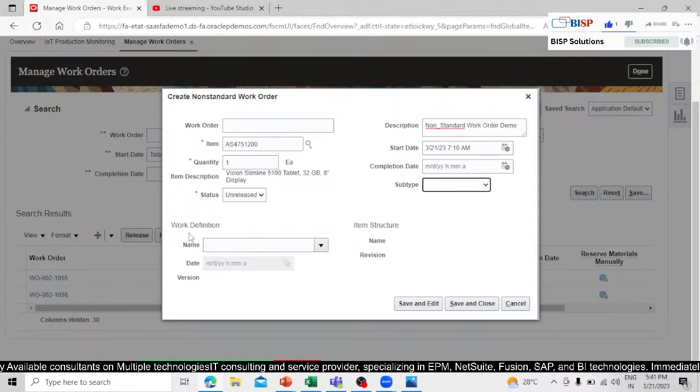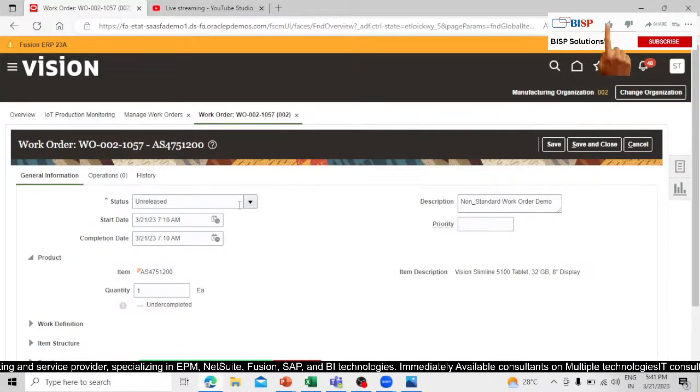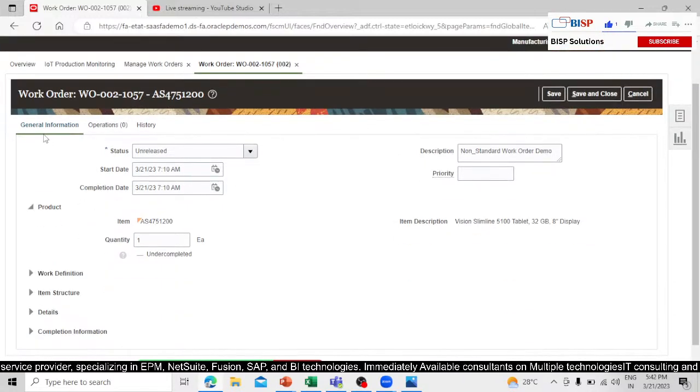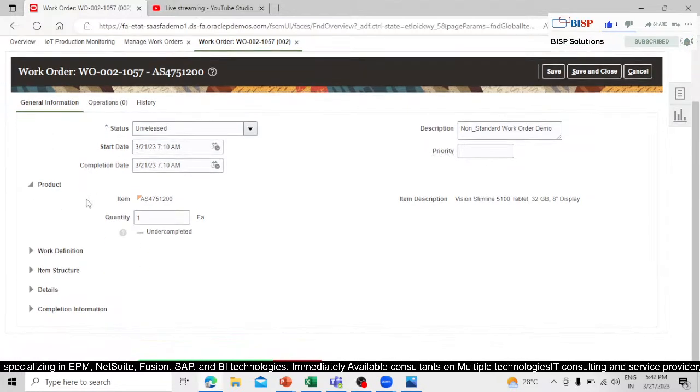Now let's go with the without any work definition, right? So click on save and edit, right? So this is general information of this work order, and I think there's no information as